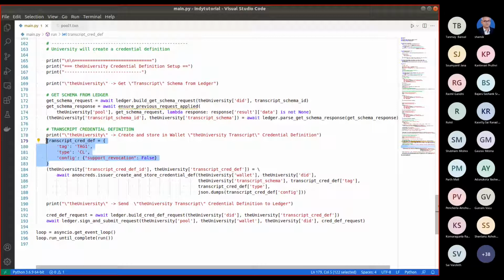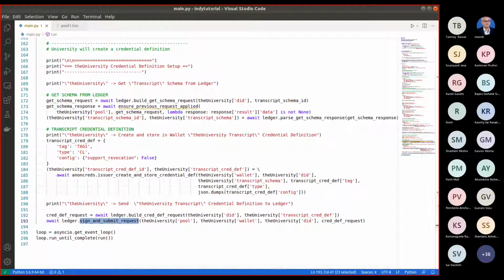And the public key which will be used is in the function issuer create and store credential definition. So it will store the public key from this DID into this, using this build credential definition request. So the request type is create def. It will build the request for storing this credential definition, and finally the same one, sign and submit.